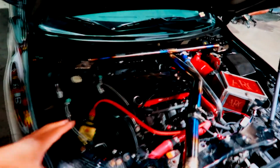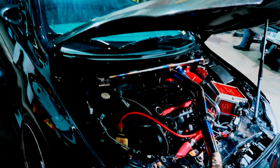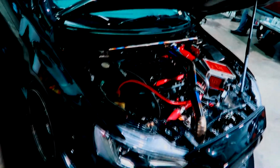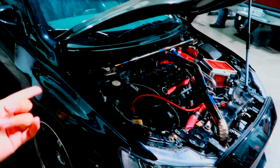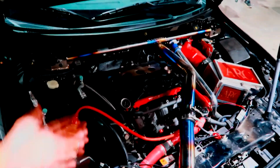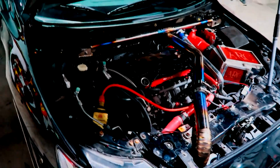I had this vision for this build before I built it a few years back, that whenever I do turbo, I want to have a lot of titanium. So that's what I've been doing. Again, I've been saving up for parts. I think I started collecting parts for the turbo build since late last year. So six months I've been saving up to get the parts bit by bit and then bring it to the shop. And with any NA to turbo build, it takes a while, and you run into certain issues here and there, and you have to fix it, this and that. So it did take a little longer,